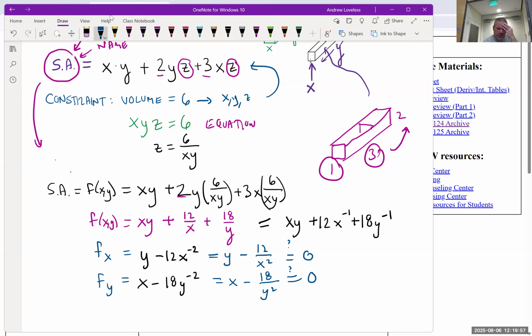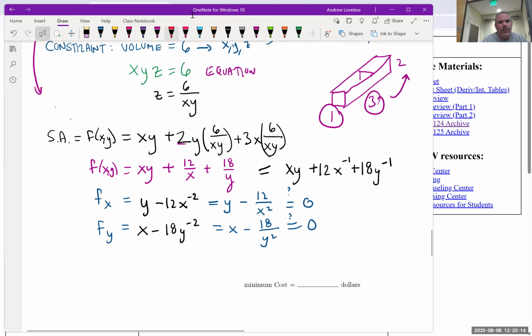Often these minimum surface area questions have expressions that look like this. So we'll be done if we can combine, but there are some fractions. We have to take a little bit of care. Any questions so far on where we're at? Yeah. So the part that takes a little bit of care here